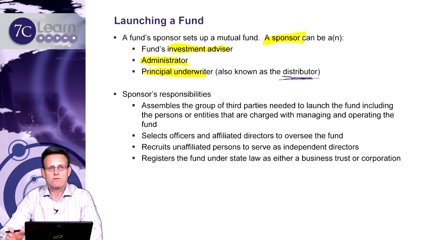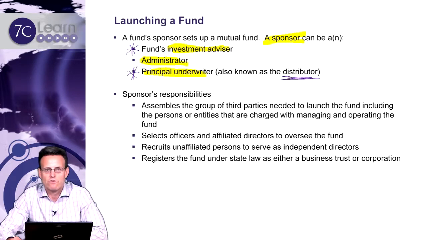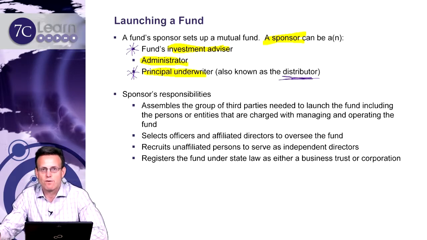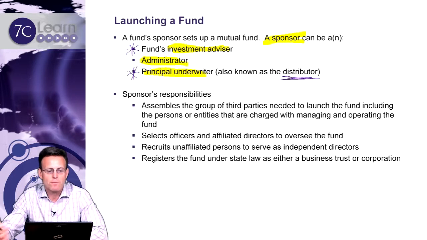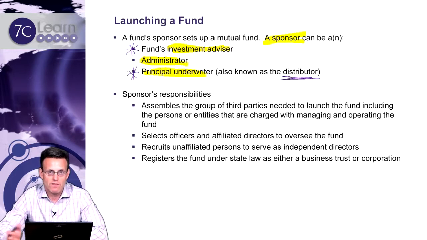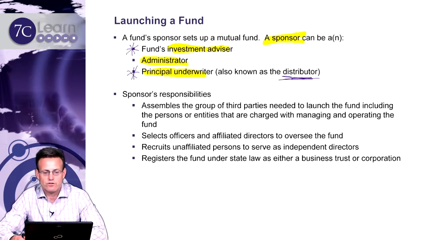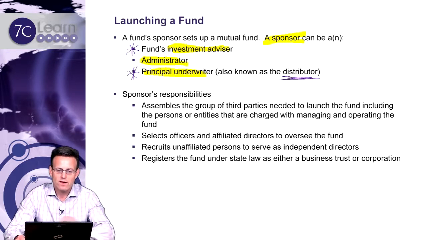Okay, this is a critical function of the fund. In terms of actually having a business, the fund advisor and the principal underwriter are probably the two most critical roles. One, we've got to have an investment advisor, we've got to have a good product. But secondly, that doesn't do us any good unless we sell it. So we need to have a principal underwriter or a mechanism to distribute the fund. And then we have a business between having the investment performance and the distribution to get that out to our investors or our clients. Okay.